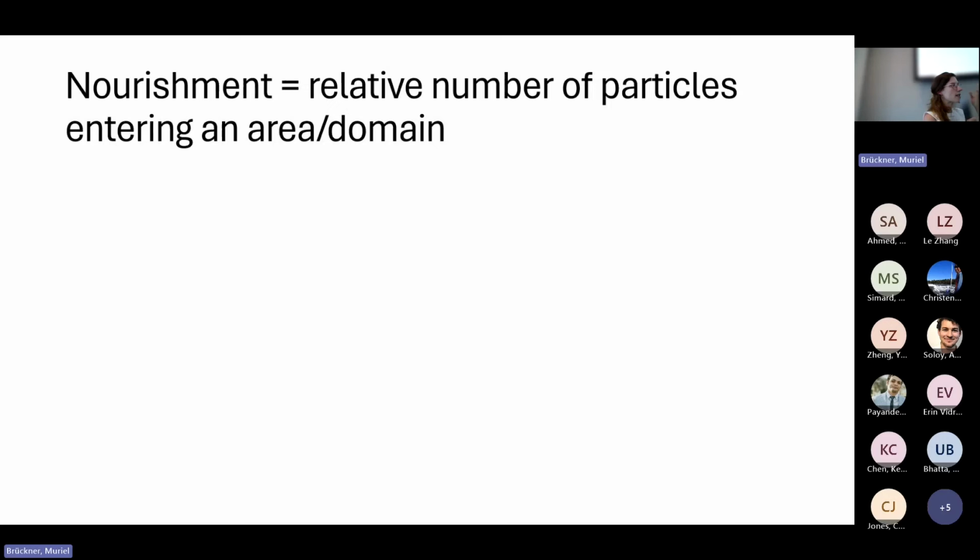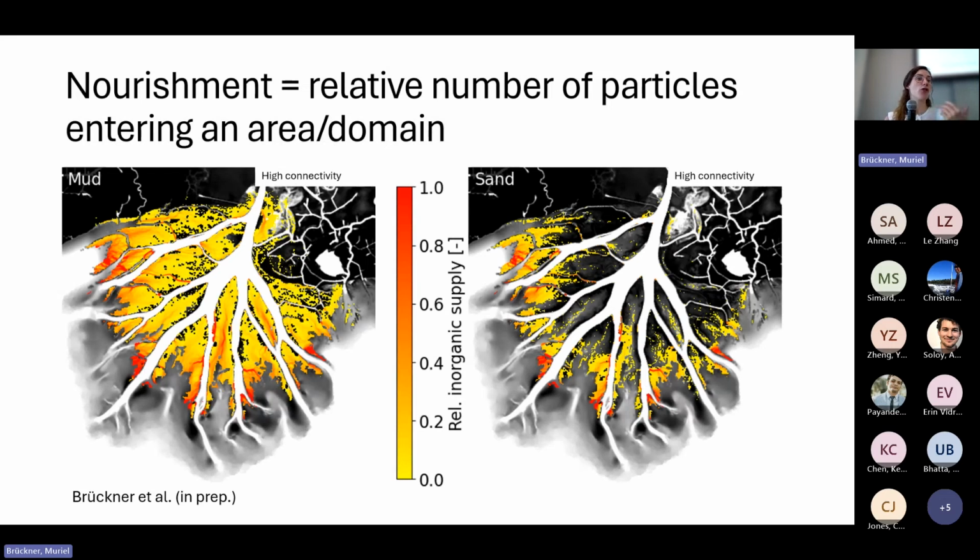And so once we have the simulation, we would like to know how many particles actually went into the different areas. So we can plot something that we call a nourishment map, which we're also going to do. That's the relative number of particles that you get into an area. If we have the mud on the left-hand side, we see that it nourishes a large area. All of the particles are actually entering the wetlands, while for the sand, that's not really the case. So that's one of the things that you could be doing, looking at how many of all the particles that I have are actually